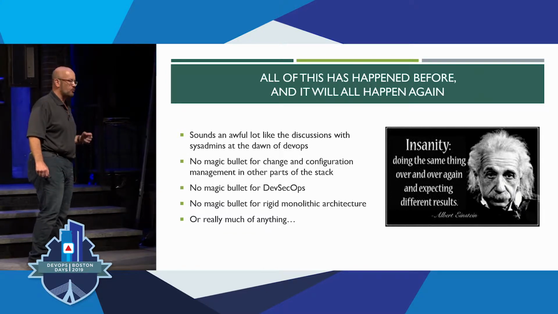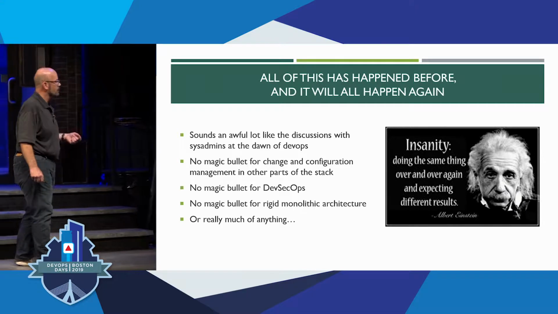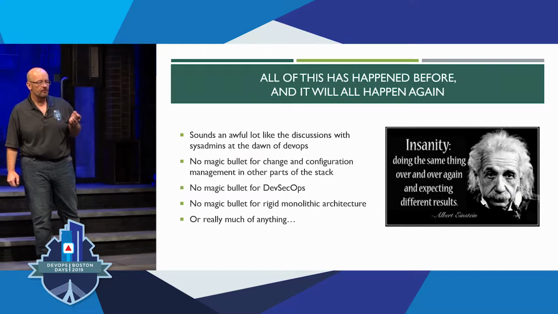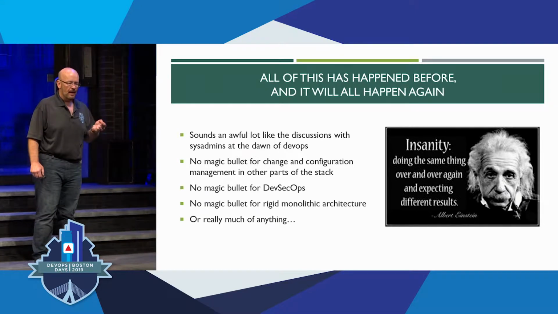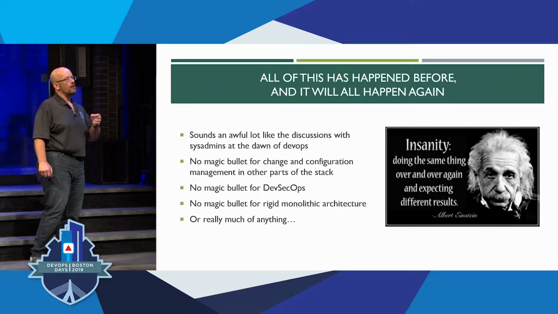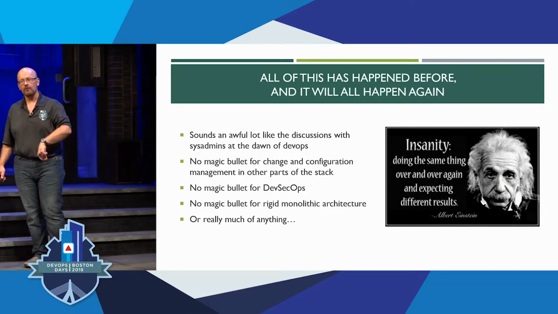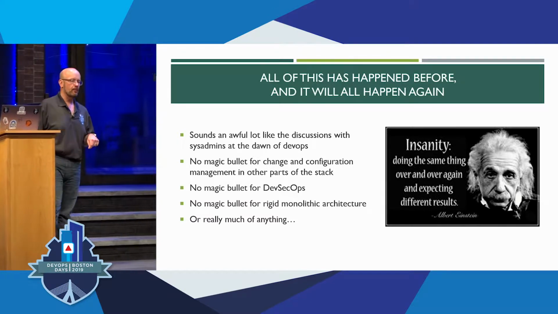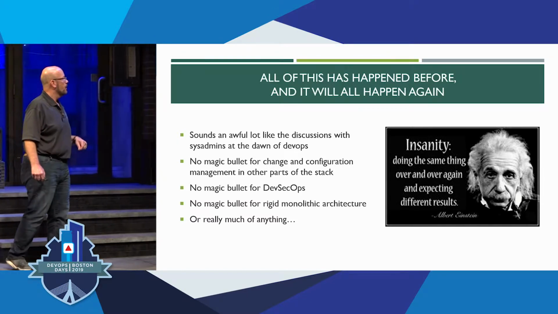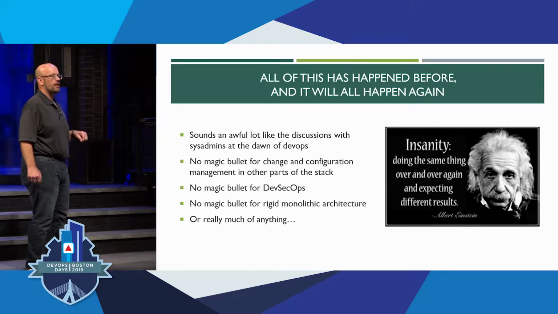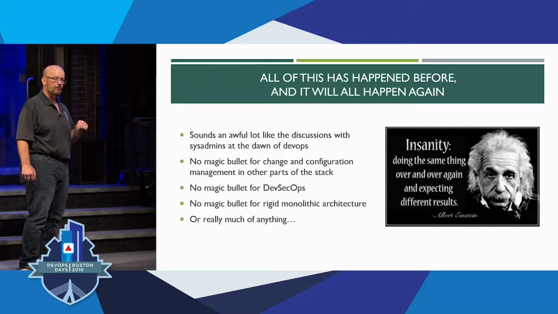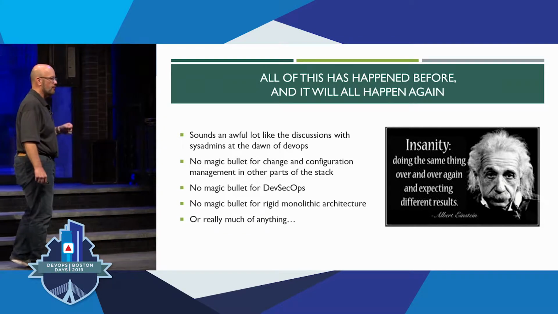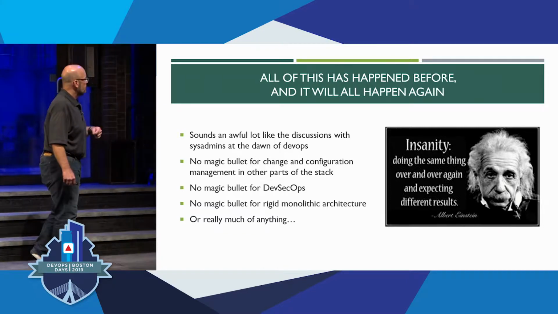I've been at this a while, so I remember back in the old days when we had to convince system administrators that an ephemeral environment is actually a possible thing. You don't have to hug that server, right? There was no magic bullet for convincing them to do it. We had to decide to do it and work them through it. It's kind of like what we're fighting with a lot of the DevSecOps stuff today. There's no magic bullet for getting people to do it. It's important. It needs to be done if we're going to go forward.